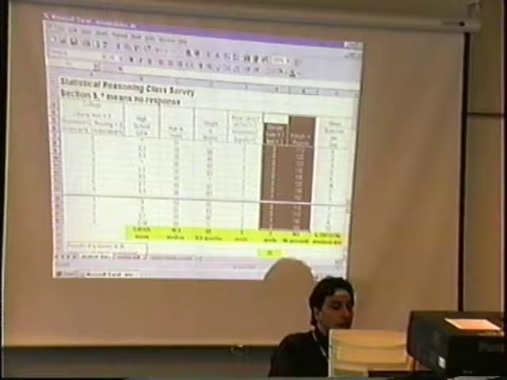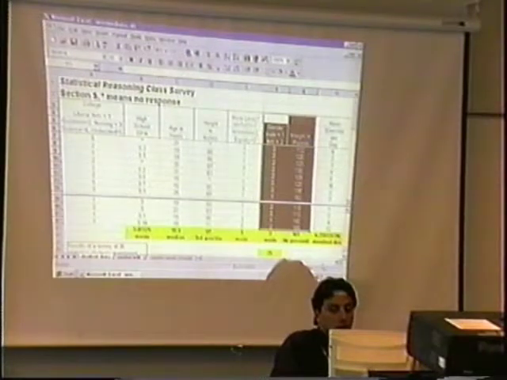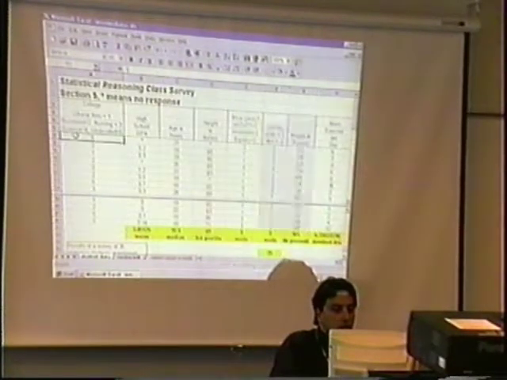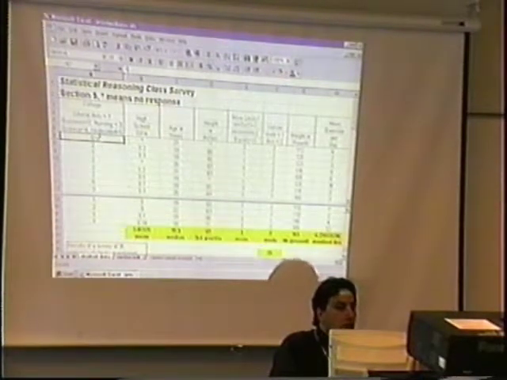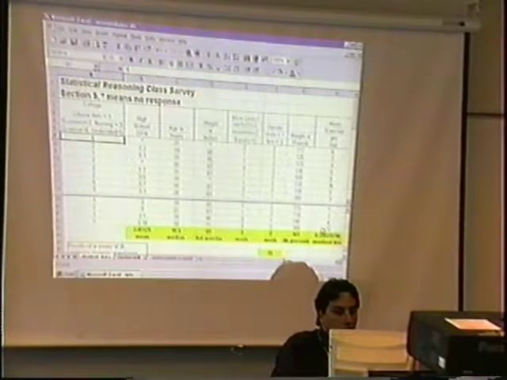So let's select all the data we're interested in. Since I don't want to use up the entire screen, there's a whole bunch of other stuff. Let's just take, say, the information up through hours of exercise. So I'll select all the data, from cell A7 all the way to cell H42,